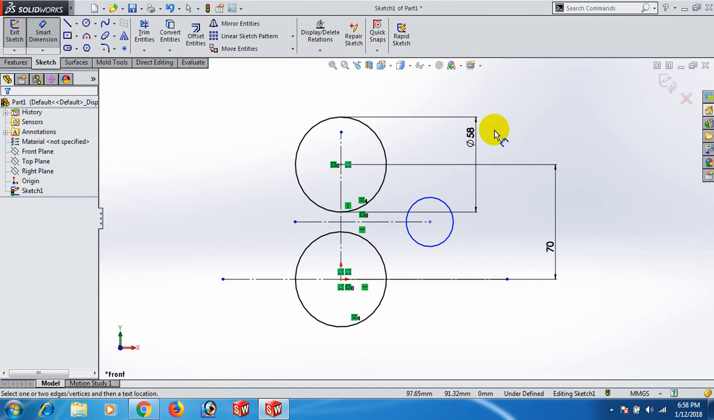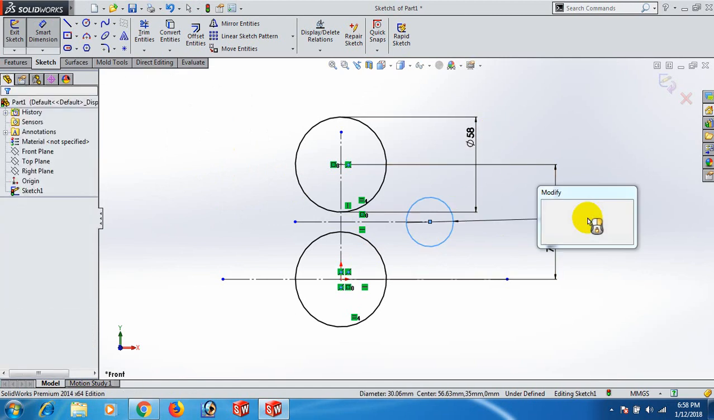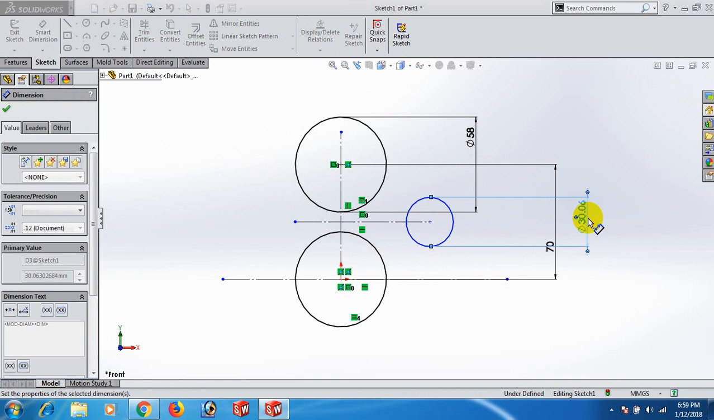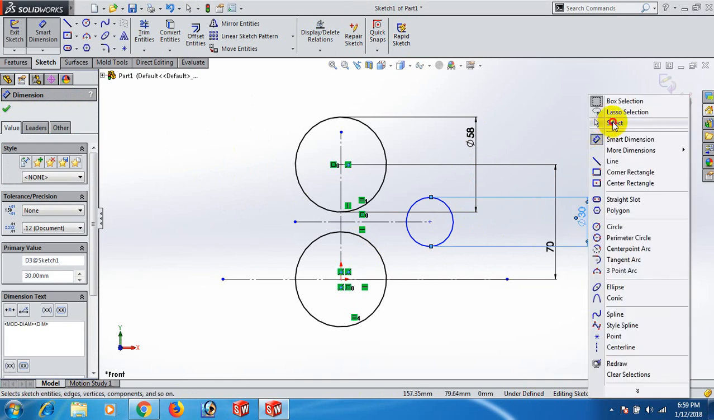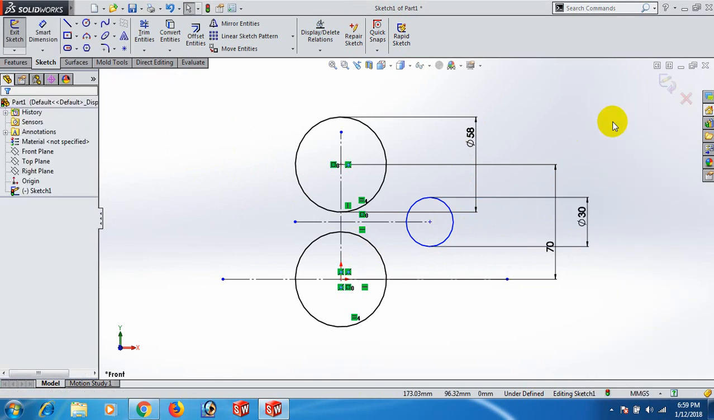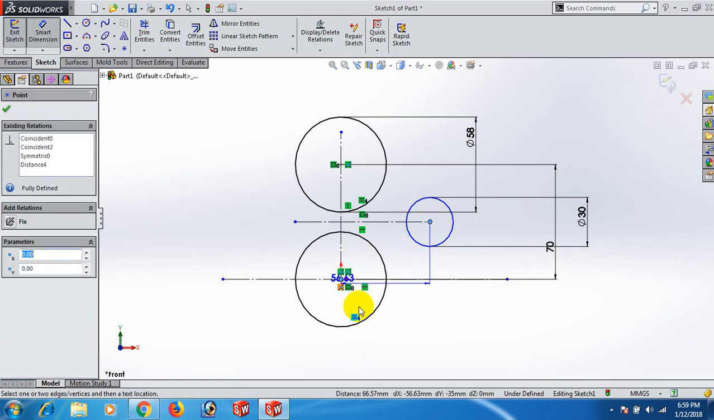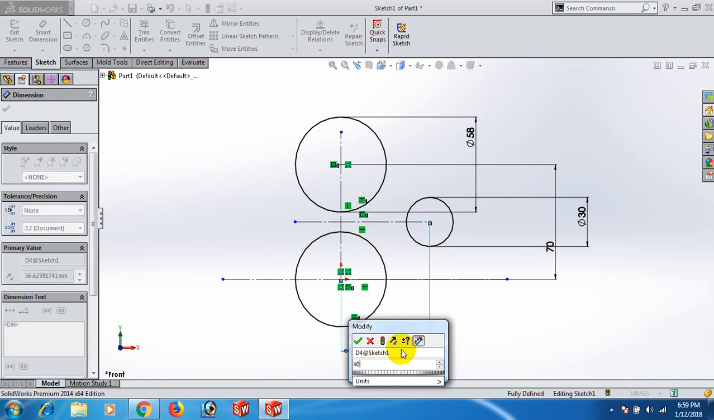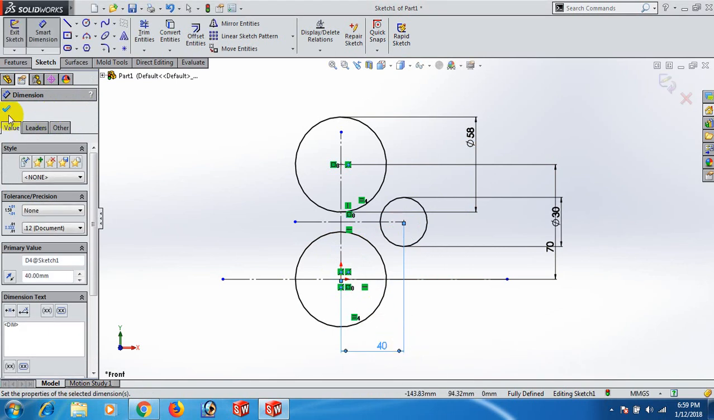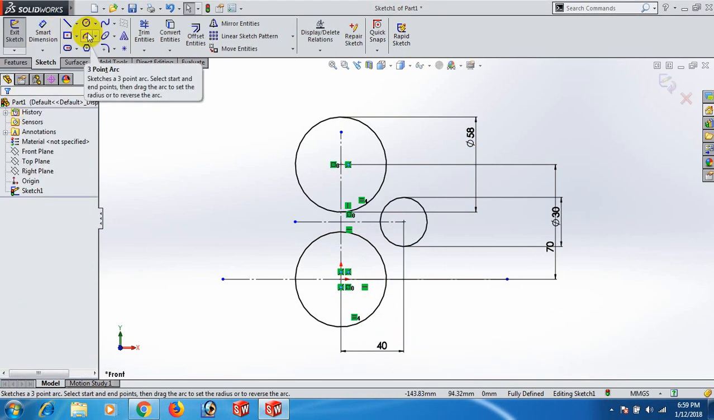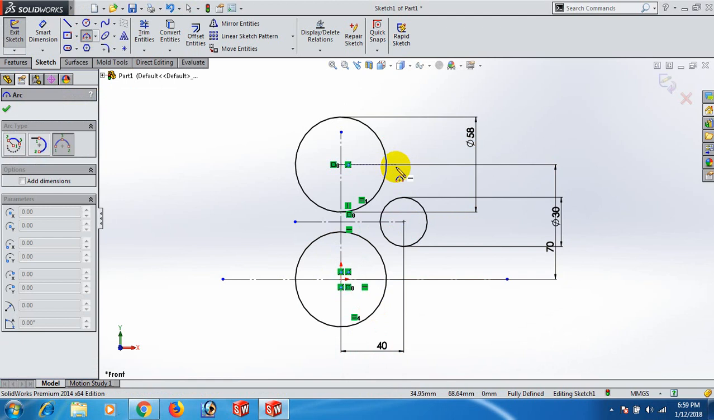Select and give the circle dimension 30. Okay. Select. Now this circle's point and the origin point distance 40. Okay. Now draw the 3-point arc